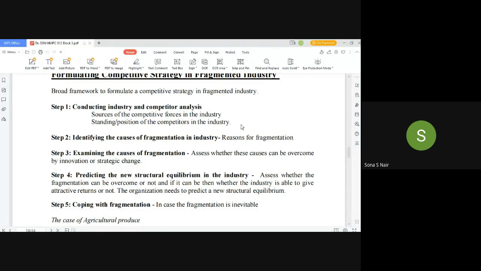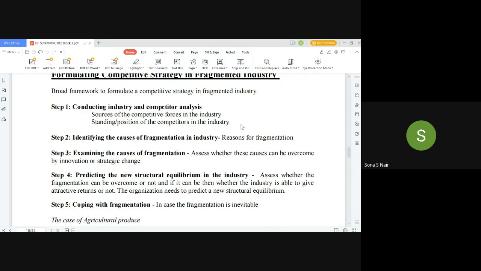Generally, the causes of fragmentation are need based only, and because there are no bigger players in the marketplace. For example, if we look at the retail sector, the retail sector is very organized, but still it is considered a fragmented sector only. But there are some bigger players in the marketplace. I think it must be in all the countries that we are from.